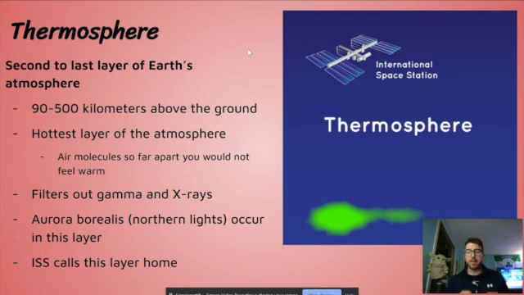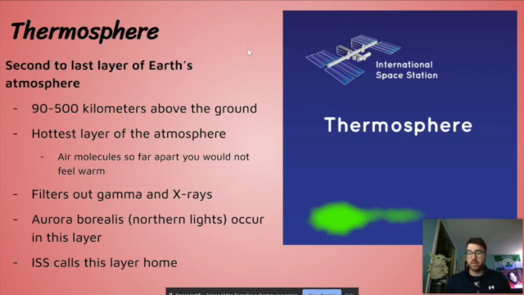And this is because the air molecules are so far apart, but they have high energy and they're moving very quickly, aka they are hot. But because these air molecules are spaced so far apart, you're not going to come into contact with those air molecules. So even though this is the hottest layer of the atmosphere, you wouldn't necessarily feel warm if you were to visit this. This layer also filters out gamma and X-rays,